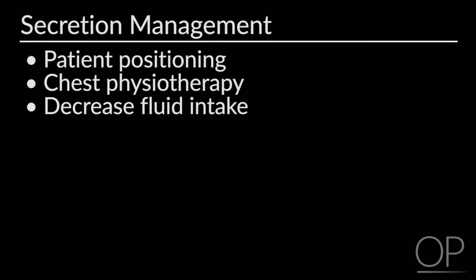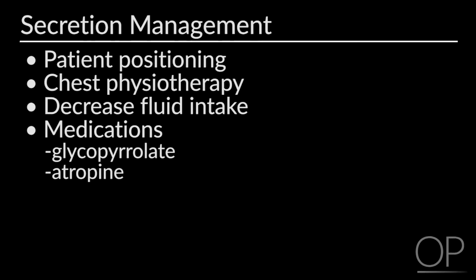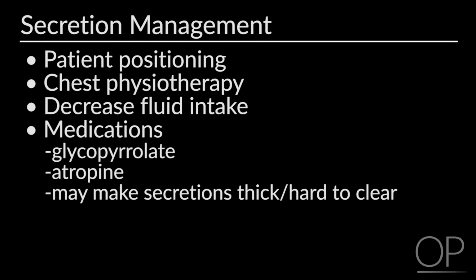If patients are eating by mouth, their intake will often just decline naturally, but if we're providing them artificial nutrition or hydration through an IV or through a feeding tube, we may need to ask ourselves, are we actually overhydrating them? And that's why they're getting this wet sound on their lungs. So thinking about decreasing that. Medications such as glycopyrrolate or atropine can be used to dry up the secretions, but these may have an unintended effect of making the secretions very thick and difficult to clear. So again, it's worth a trial of that medication therapy, but that may or may not be helpful